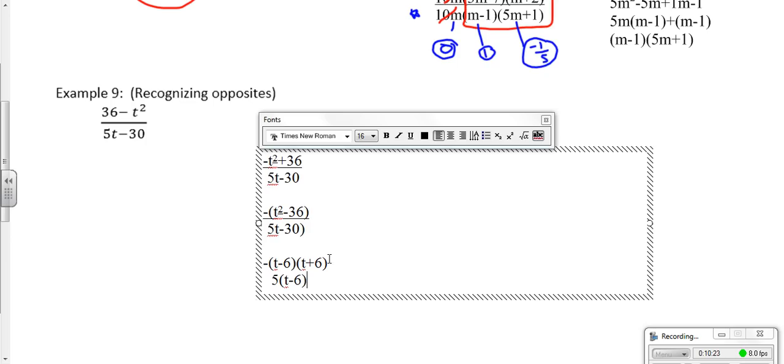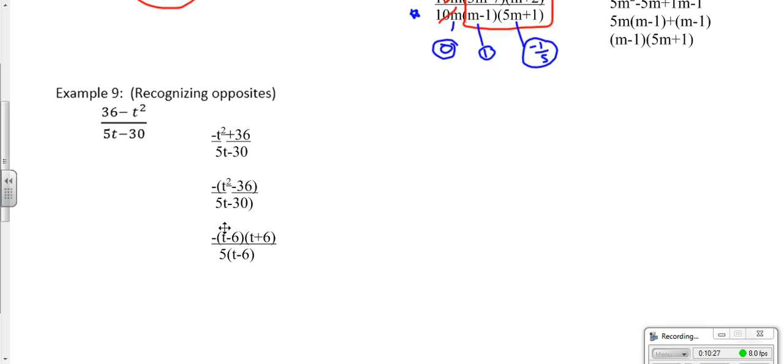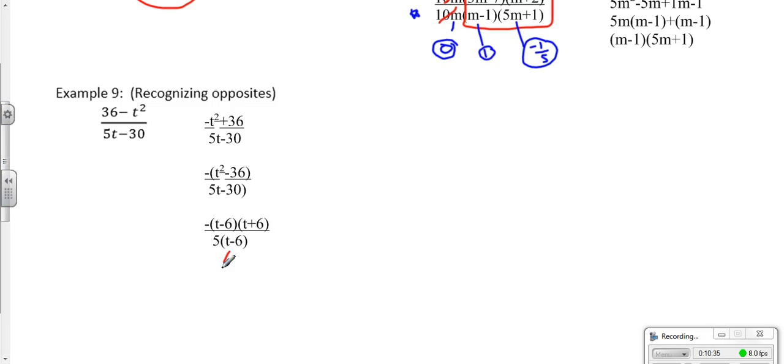and that is factored. Now, in factored form, we would ask ourselves, what were the excluded values? Let's do that first. What would cause the denominator to be 0? And the only thing here would be a positive 6. So that's the excluded value. Okay, and now can we cancel? Yes. Those two are gone, which leaves us with a negative t plus 6